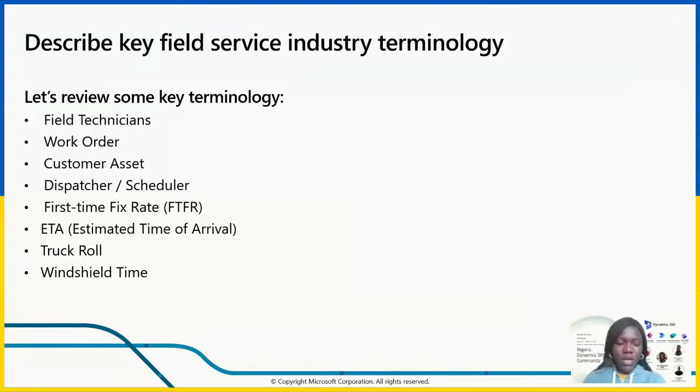If you are going there to maintain an equipment, this is the equipment that I need to maintain. So that's what the work order involves. Then we have the customer assets. A customer asset refers to a piece of equipment that is owned and located at the customer location. Assets can include appliances, equipment, like I said, some big machinery. Those types of things are what we refer to